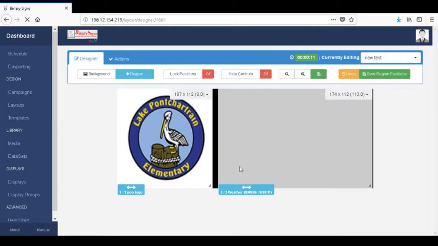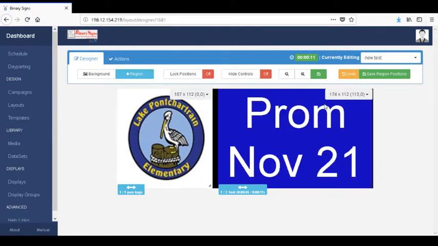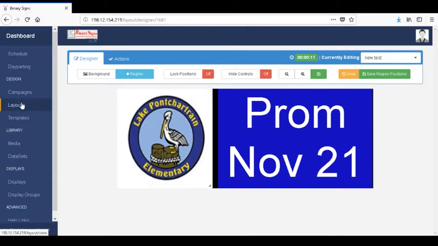And then this entire layout will expire from your screen, and the next layout will be loaded in depending on your schedule, or this one will be loaded back in if it's the only thing scheduled to play. So with that being said, let's go ahead and get out of this, and I'll show you how I created this. So we'll go back to layouts,